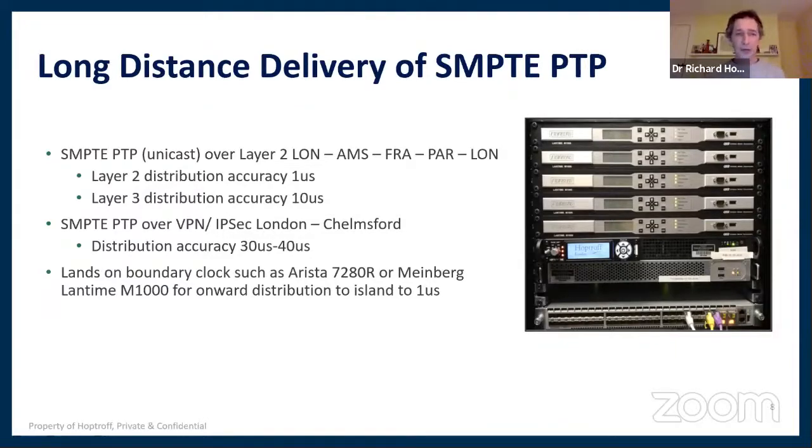We did that on what's called OSI layer 2 distribution, and we could achieve that to 1 microsecond. OSI layer 2 is kind of the distribution that high frequency traders use. So it's very, very good, but quite complex to set up and expensive. So then we sent it over the sort of standard telco extranets that they have for private financial work. And we were getting 10 microseconds with those, but certainly a hell of a lot more flexibility.